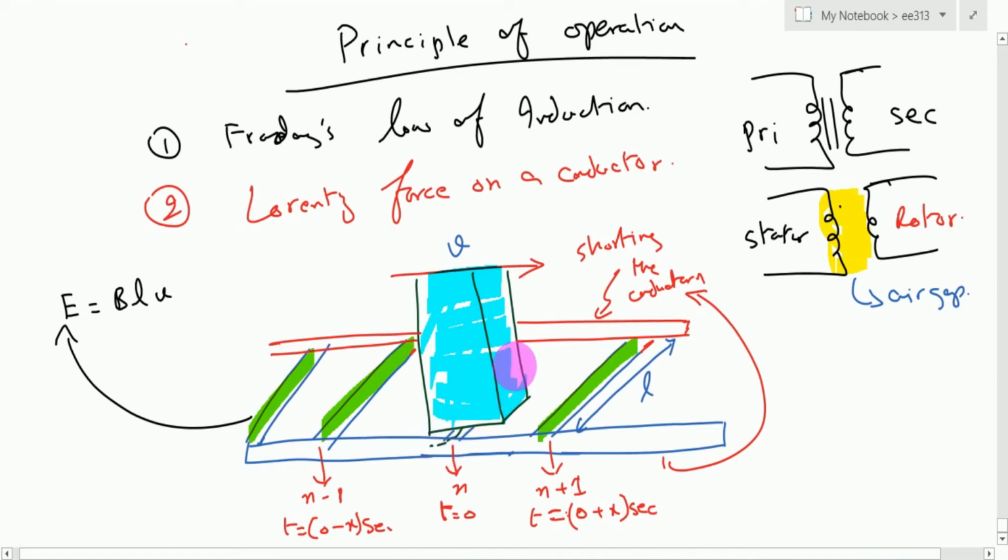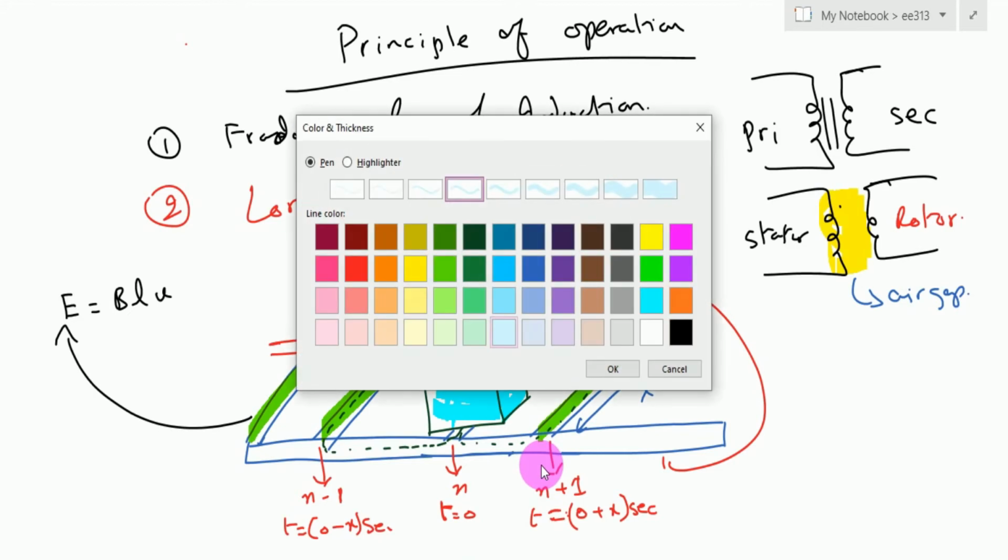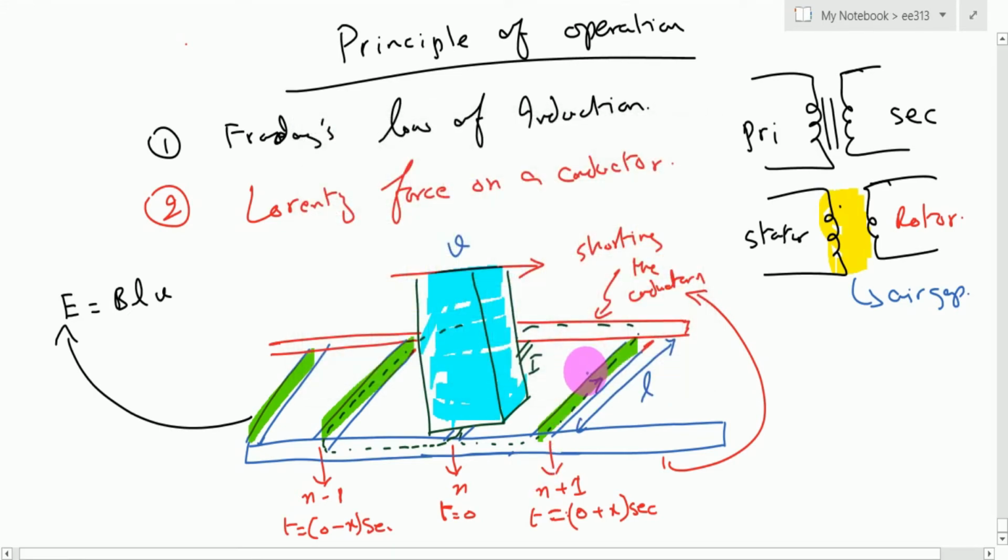in these two conductors. If the total current flowing through this particular conductor n is I, then owing to the symmetry, half of the current, I by 2, will pass through connector number n minus 1, and half of the current will flow through the other conductor. At this point, where the permanent magnet is right above n, the total current I flows.